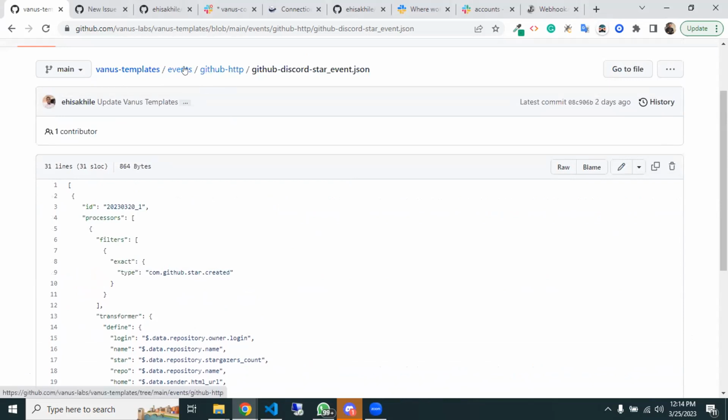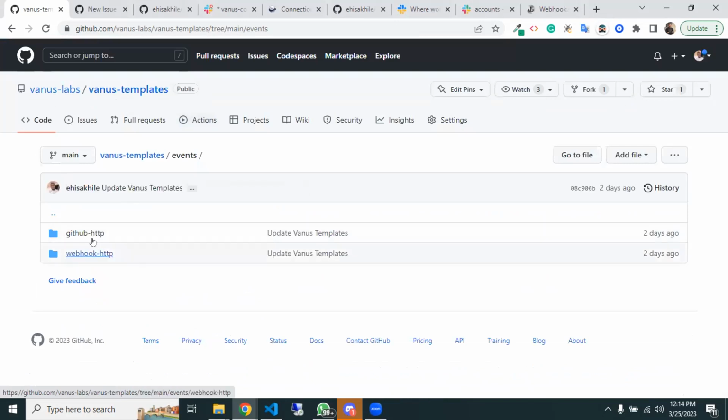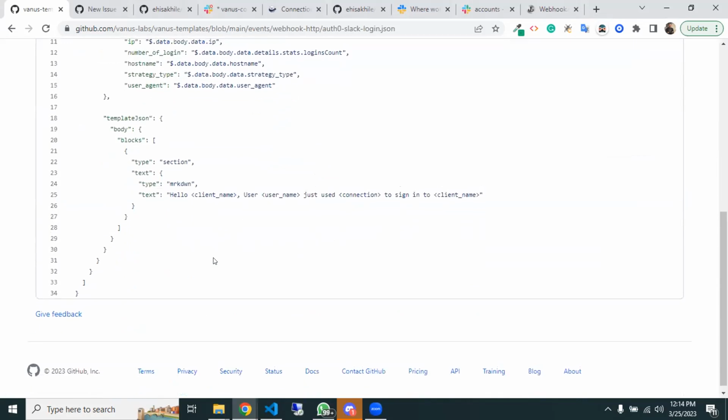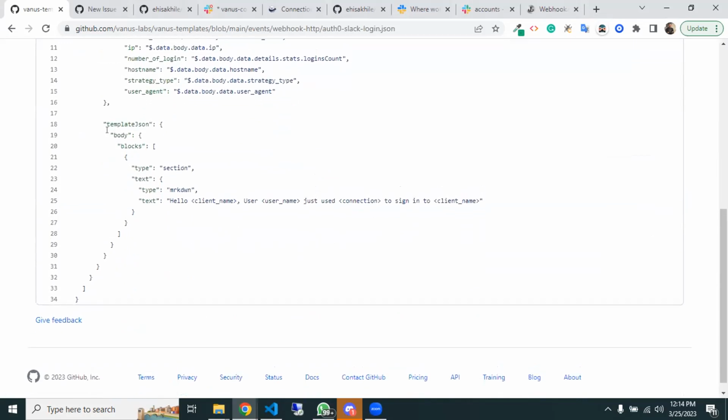If we go back and look for... okay, we have just GitHub. Okay, so let's say, yeah, Auth0 to Slack. So for Slack, this is